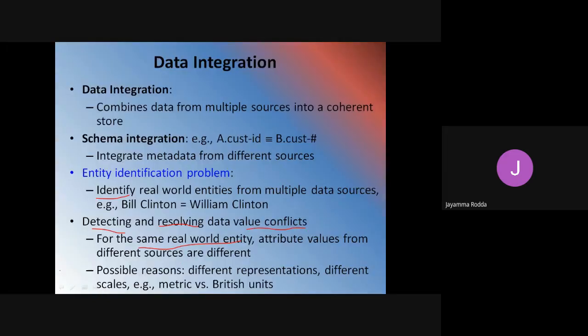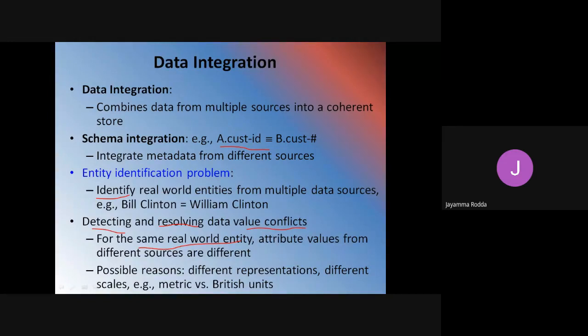Because it is the same real world entity, I may say here this is the customer ID, but someone else is calling it customer number. If I say customer ID, it can be a string type of attribute which can store both numbers and text. If I say customer number, sometimes it can be stored as a numerical data type, and that particular customer number will have only numerical values, which holds some importance. Likewise, there will be differences for the same real world entity.